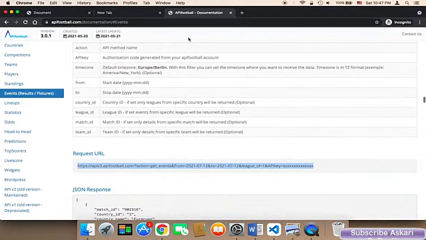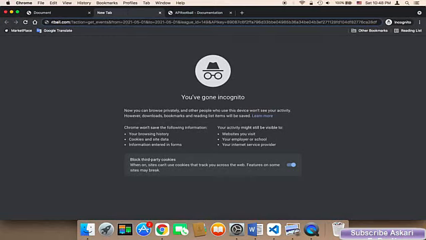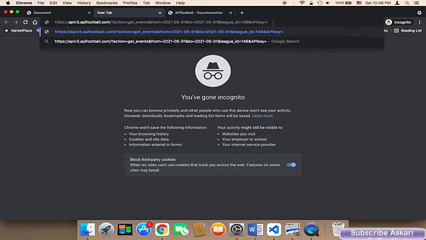You need to copy this link, and then head on over to the browser, open a new tab, and paste that link. And then at the end, you need to replace, let me remove everything, you need to replace these X's with your